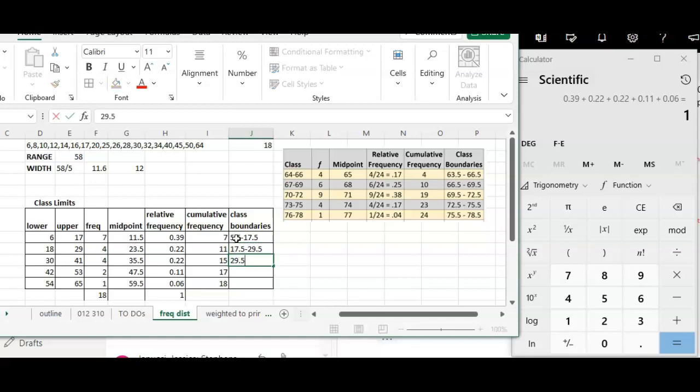And that's what we do in every row. 41.5, and then 41.5 to 53.5, and then 53.5 to 65.5. And you can see by doing this, we've accounted for every number on the number line, if you will. We haven't left anything unaccounted for. So this is a completed frequency distribution with